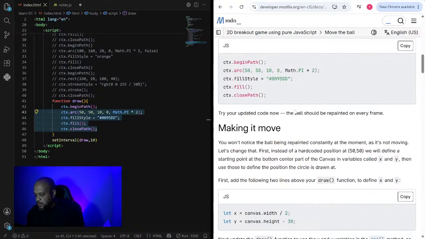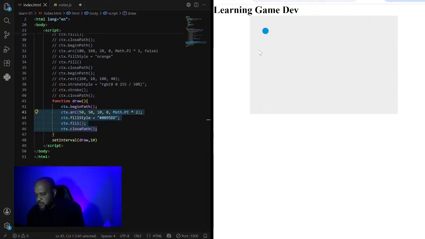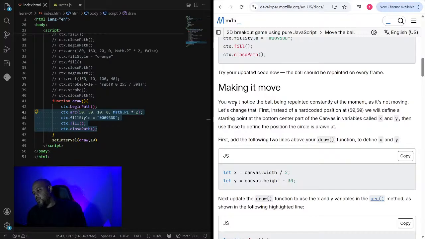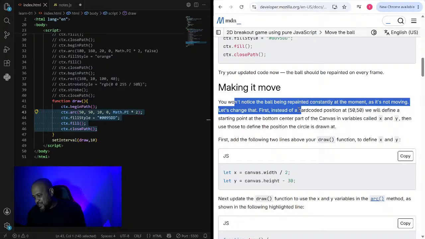Try to update your code. The ball should be repainted on every frame. Let me see that. Okay, I guess that's what that means. I guess there is a slight stutter with it. Okay. You won't notice the ball being repainted constantly at the moment as it's not moving. Let's